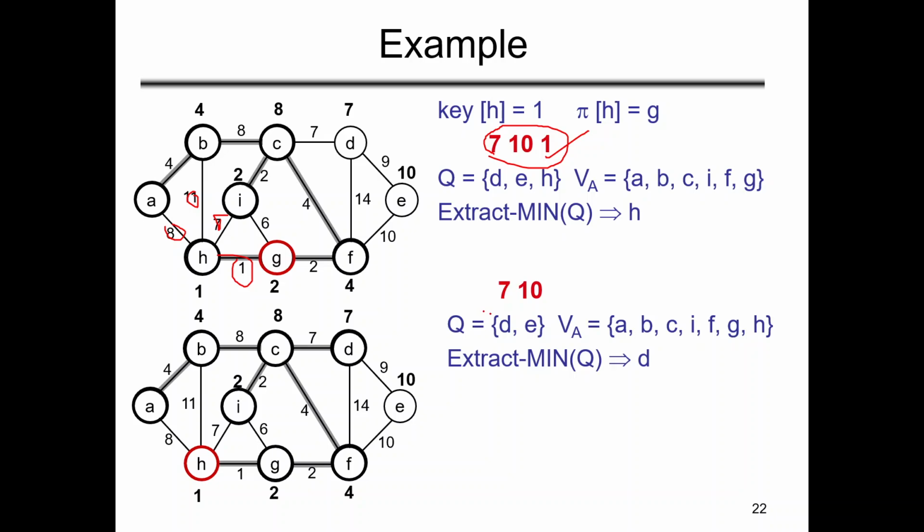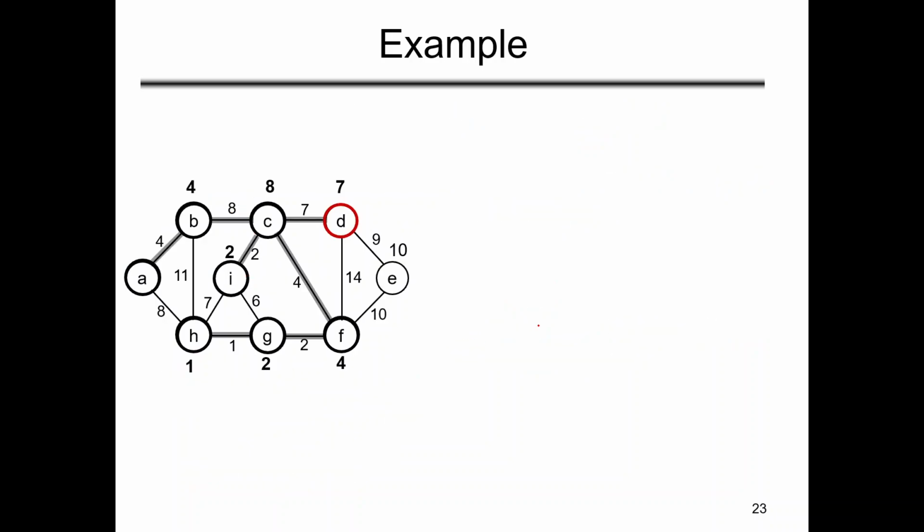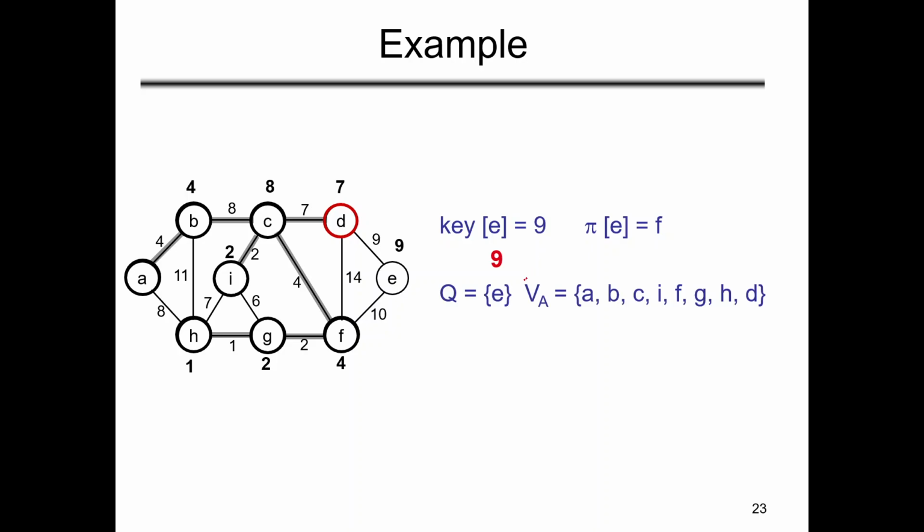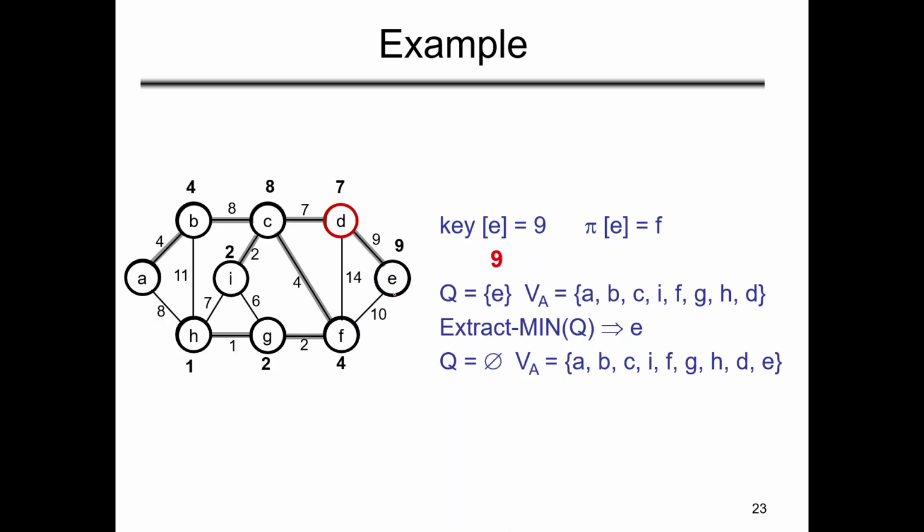From D, I can reach E with the value 9. But here I have a value of 10. So I can update the value of E with 9. So E with 9 has been updated. Then the minimum is E. Next one is going to be E. So the final graph is going to be A, B, B to C, C to I,